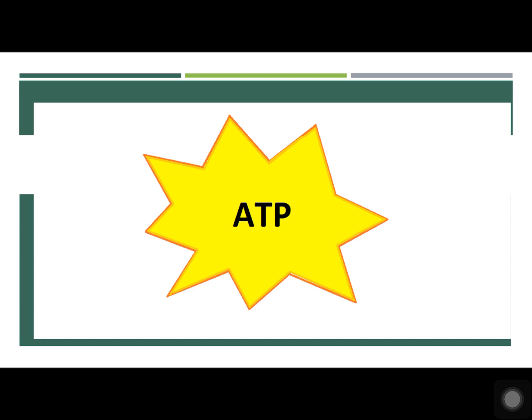ATP, or adenosine triphosphate, is very important to all living cells. Did you know that energy is temporarily packaged within a remarkable chemical compound called ATP, or adenosine triphosphate? It holds readily available energy for very short periods of time. So you may think of ATP as the energy currency of the cell.